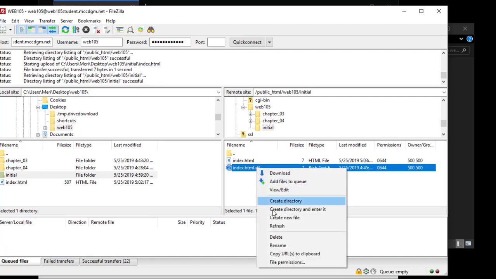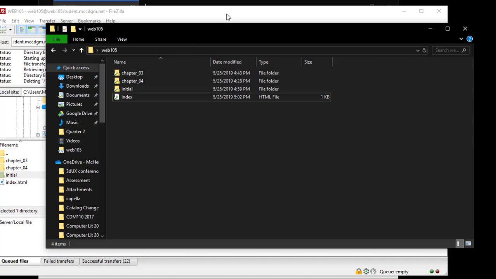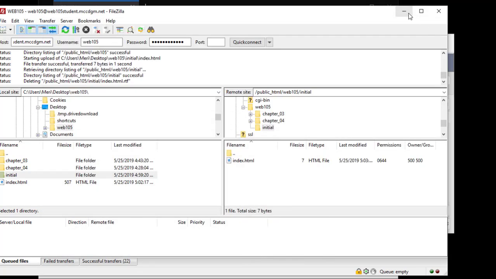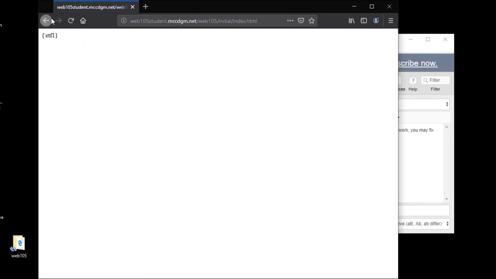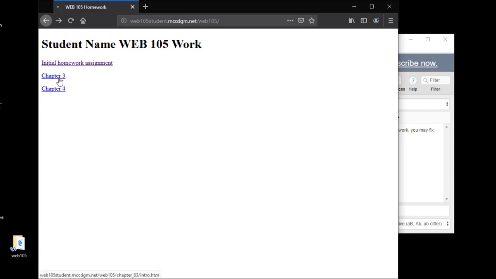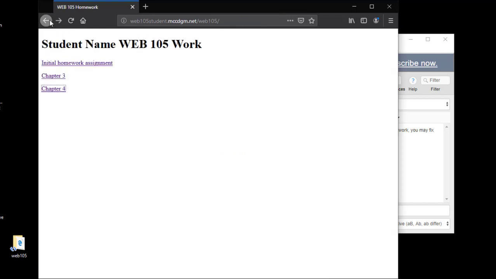Get rid of the old one. And test, test, test. You've got to test everything that you do. Refresh, test. And that is a blank page. Chapter 3 should work, and chapter 4 should work. And you'll do that for all of your links, and you should make sure to test them all just like I did. And then you will hand in the link to the index page,